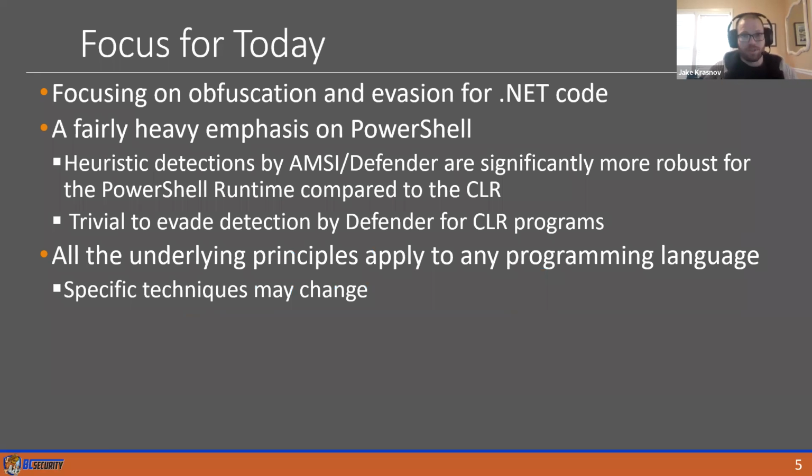So just a quick overview. We're going to be focusing on obfuscation and evasion for .NET code. All the examples and what we're going to talk through are mostly based in PowerShell for a couple of reasons. One, because that's really where the best detections for AMSI and EDR lie right now. Even though we'll talk about it more, even though C# and stuff does have the CLR, which is where C#